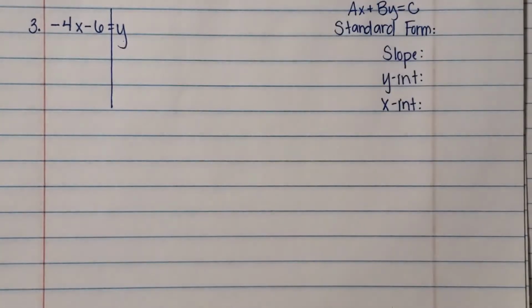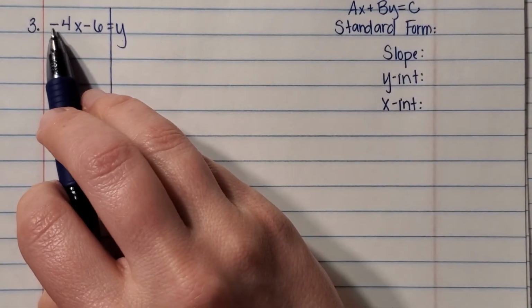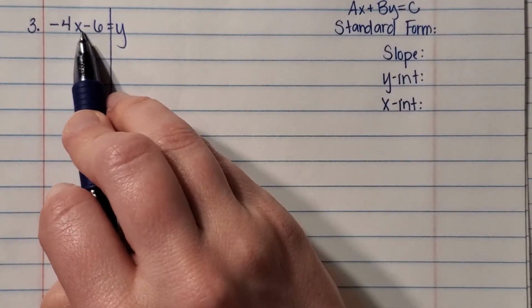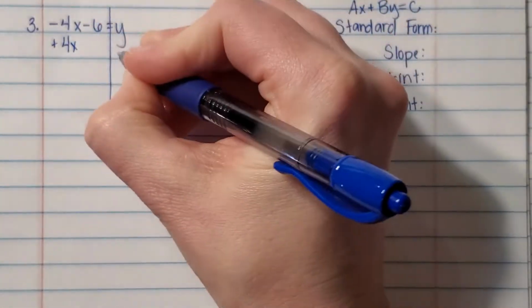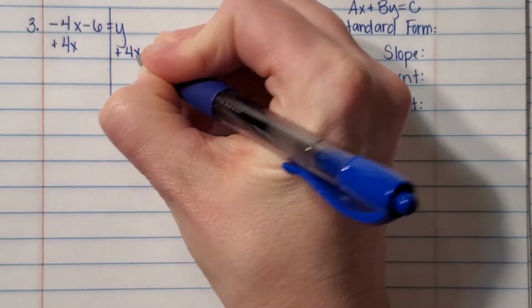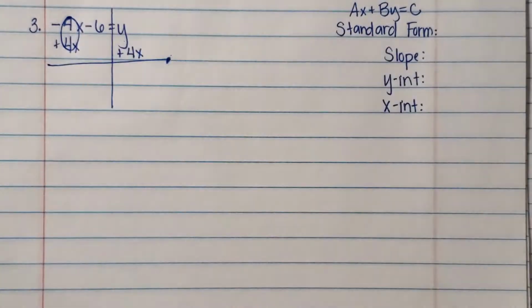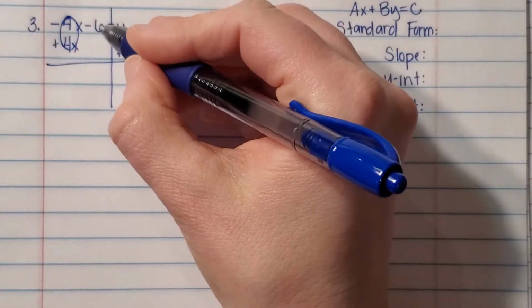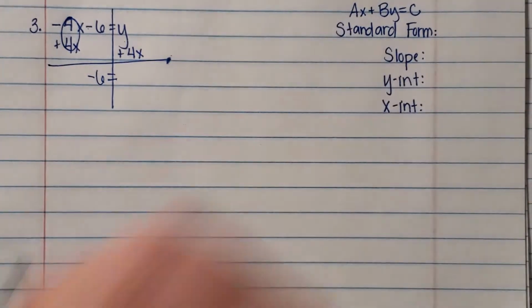I notice that y already has a side all by itself, so I'm going to move the x to the other side. To move it, I need to get rid of it, so to get rid of negative 4x, I do the opposite of minus 4, which is plus 4x. And remember to do that to both sides of your equation. All right, and a negative 4x and a positive 4x make 0. They're gone. So I'm left with, on this side, not just 6, but a negative 6, equals